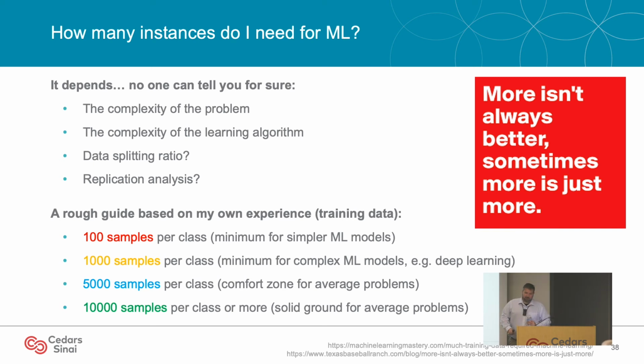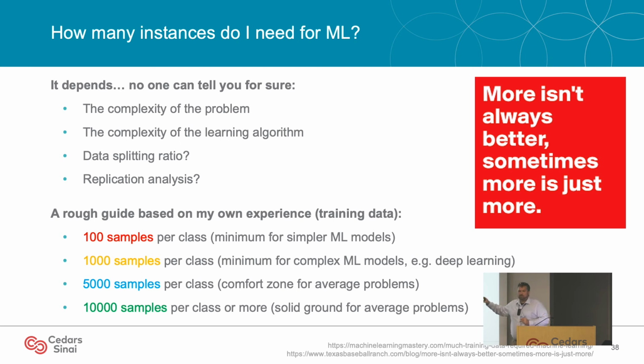100 samples per class, if you're doing classification, is a bare minimum for pretty simple machine learners. That is, if somebody comes to me with less than that, I'm like, we can run this, but you have to have a really strong signal in your data set for us to detect it, and pretty much anyone is going to question the validity of this model downstream, how well it's going to replicate, unless you can show in small sample sizes it consistently replicates. But as a general cutoff, don't turn to machine learning unless you have at least this kind of sample size.